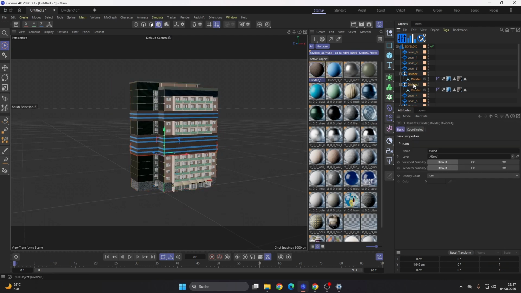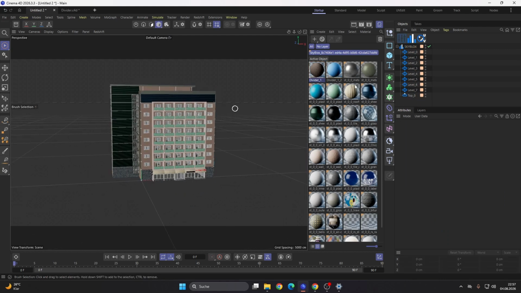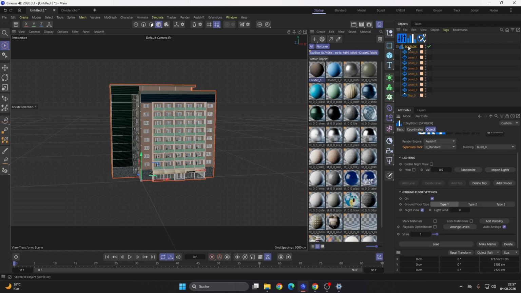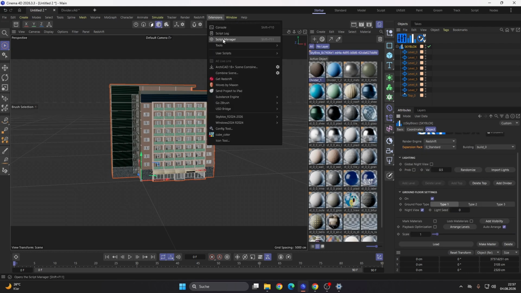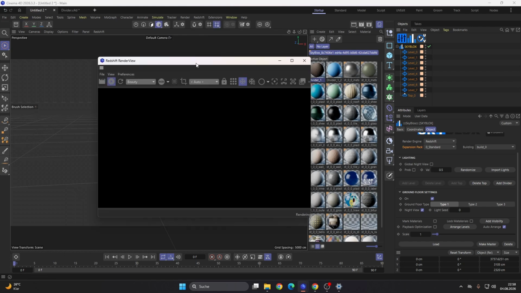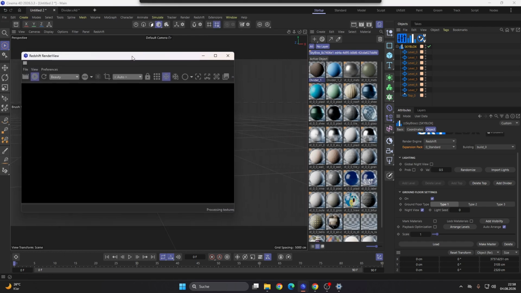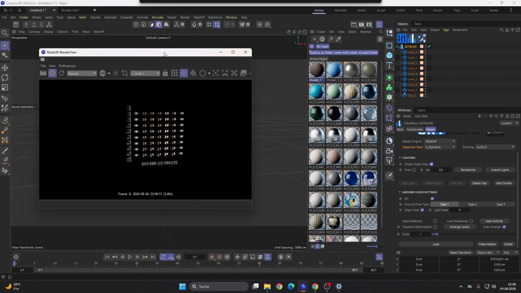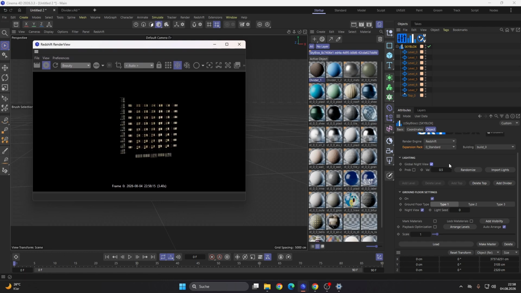So let's quickly delete the dividers. And now I want to explain the lighting settings here. Therefore, we have to fire up the Redshift render view. At the moment, we can't see anything here. So I turn on the global night view. As you can see, at the moment every light is turned on, because in the ground floor here you can turn off the night view for the ground floor, or turn it on.